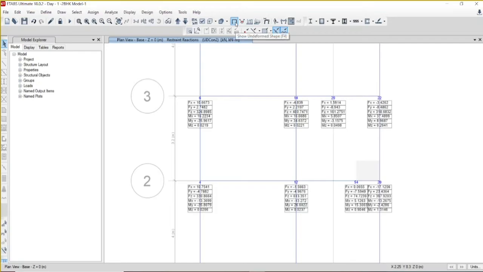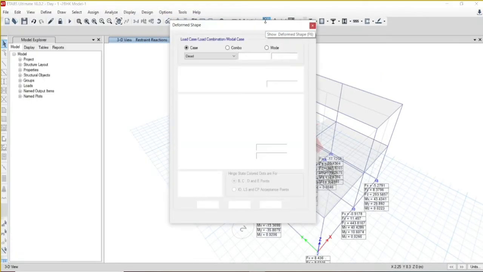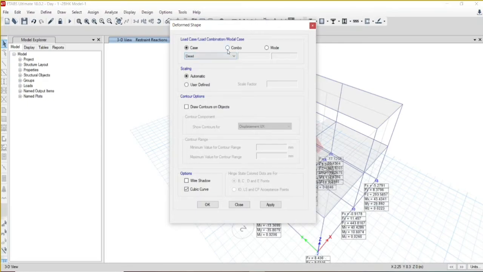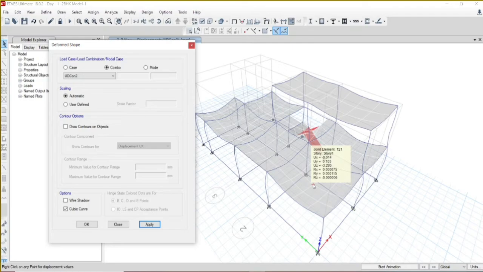Okay, how much is this section deflecting? So let us check that. Let us check in the displacement. So the displacement due to combination, this is the critical combination. We can check here. Yes, you can see the deflection here. At each and every junction, the deflection is available. You can see that UZ is minus 3.93. This is the deflection at this floor, and at each floor you can see the deflection. So the maximum deflection where you got is minus